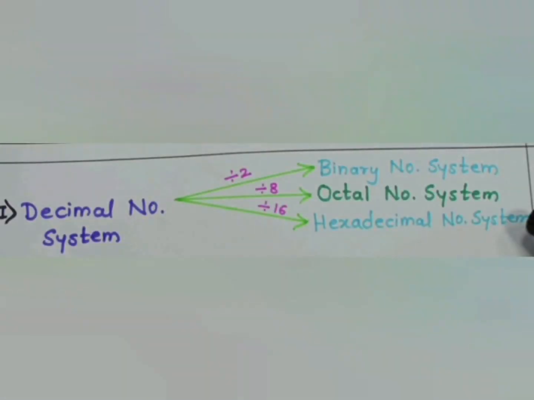So first let us take the decimal system to other systems. Which are the other systems? Binary, octal and hexadecimal. Before doing these conversions, we have to keep this golden rule in our memory, then there is no need for any confusion. Decimal to binary means binary base 2, so divide by 2. If you are converting decimal to octal, you have to divide by 8 and write down the remainders in that form. If it is to hexa, divide by 16 and write the remainders in the same manner.